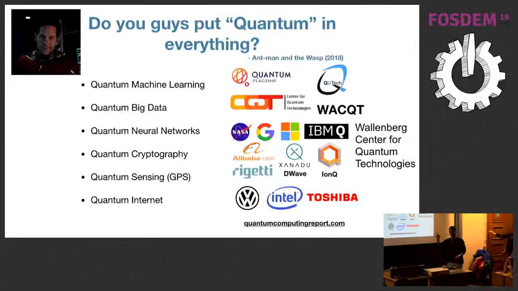So this is something that I like to start whenever I talk about quantum physics, quantum computing, because this is a quote from the movie Ant-Man, and there's a situation where he's like, do you guys just put the word quantum in everything? He's frustrated because he's not able to understand all this quantum talk. But then it seems like technology is getting rapidly transformed by quantum, and we have all these new fields which are emerging. So along with that, you have a lot of players who are trying to develop this technology. You have the big guys, Google, IBM, some of the talks here. You have intermediate-sized companies, and then you have even traditional companies like Intel, which is collaborating with universities to develop chips.